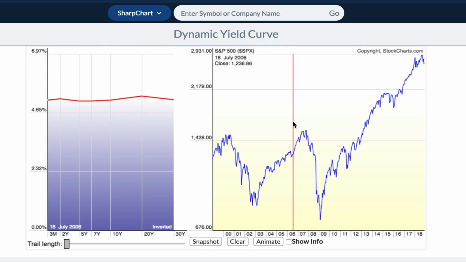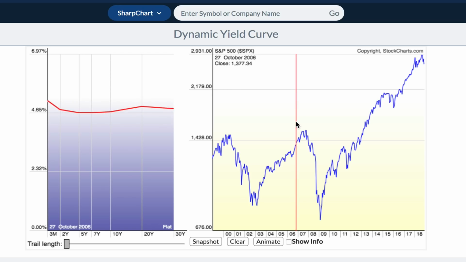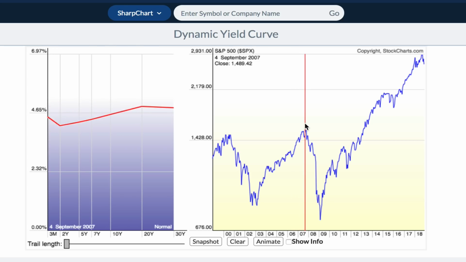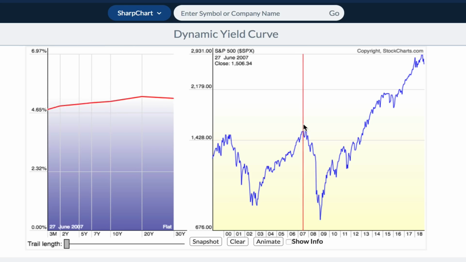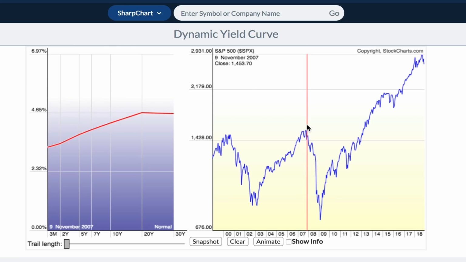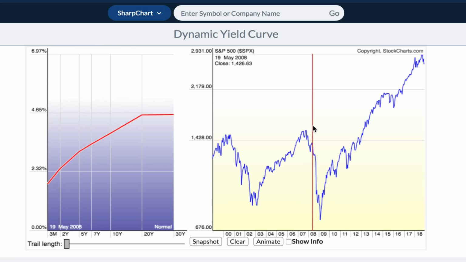For some reason, in 2006 and 7, bond investors loaning their currency to the U.S. government for the short term got really nervous. And this was when Ben Bernanke and everybody else was reassuring us that everything was great in the economy, nothing to worry about. But this is an inversion right here. And then just a few months later, we have a stock market crash, and it goes back into a positive